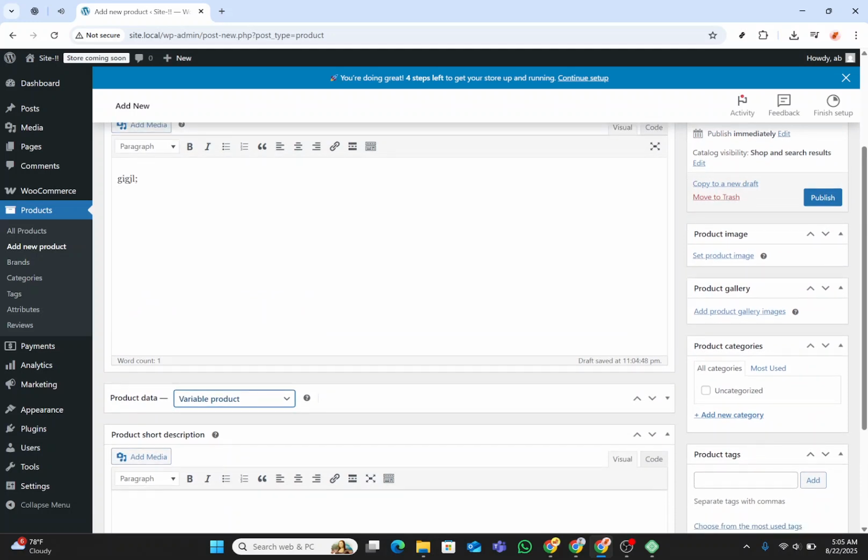And there you have it, a streamlined way to set up a variable product in WooCommerce. Whether it's a shirt available in multiple sizes and colors, or a gadget with different configurations, this method gives you the flexibility to present all those options beautifully to your customers. Remember, the key to an effective product listing is clarity and providing all the information a customer needs to make